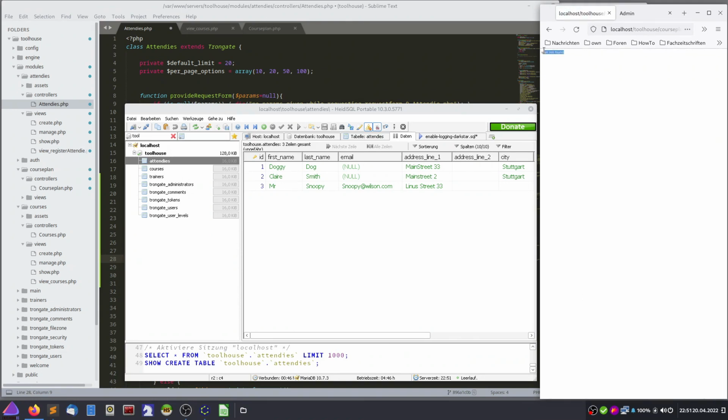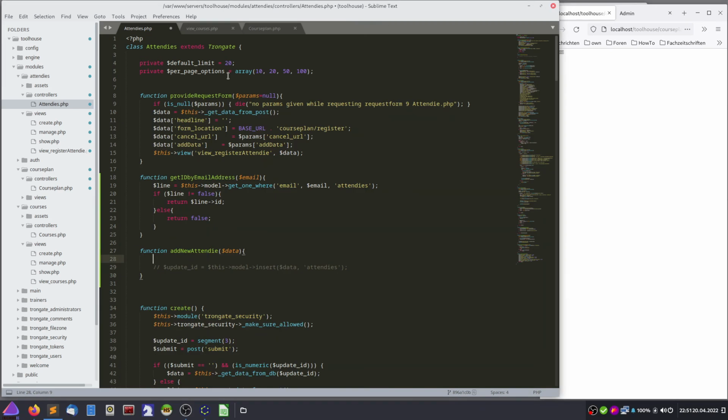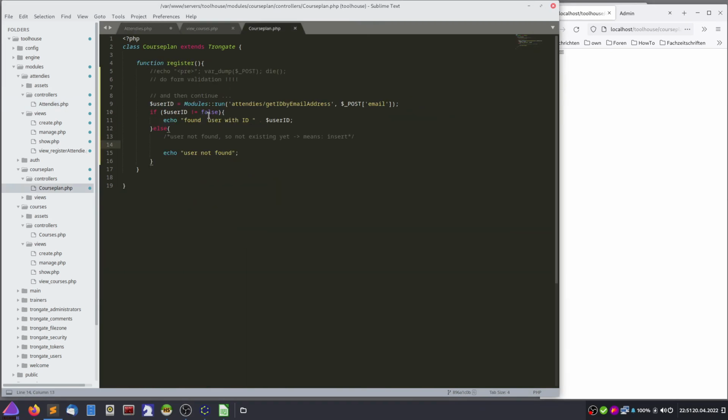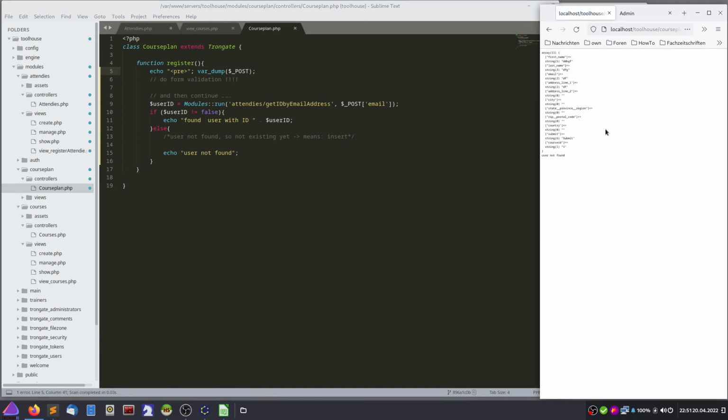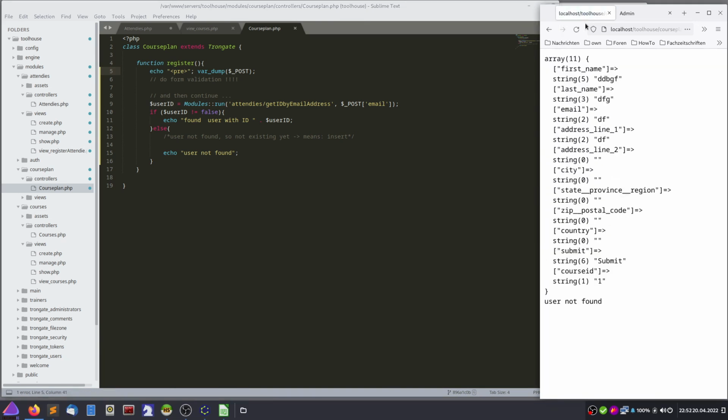Yeah, user not found. You see, this is good. Yeah, user not found. This is good. Reload. So we have added